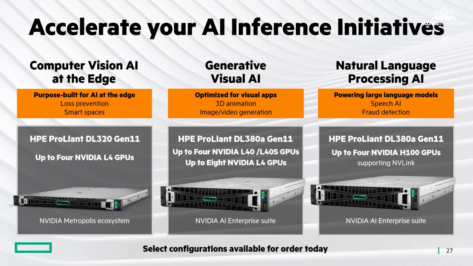Of course, you can also support 4 pieces of H100. I think the next one will be the H200 GPU, and this server can support 4. It's all using PCIe, and we can do NVLink to link all these 4 GPUs together to give you a bigger bandwidth throughput for the applications.